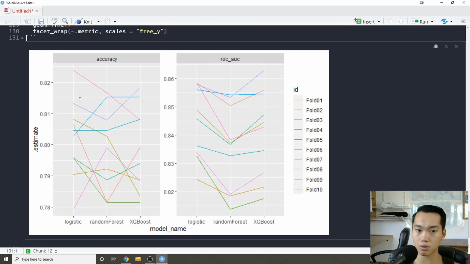Right, so for logistic regression, we can see that fold 10 has a very high accuracy compared to fold 9, by 0.78 to 0.83 probably, which is a decent amount of variability. We can also see that